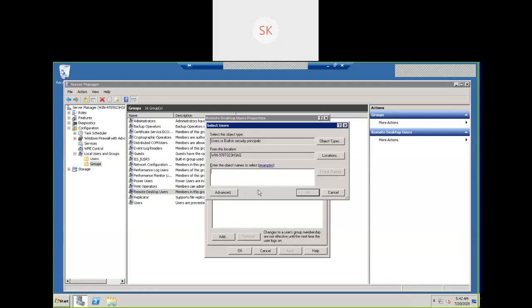See here, location. If you click on location, what locations are going to come into the picture here? Previous server, only one previous server, I got two options. One is local system, the other one is domain system. Now here, it is a standalone system, so I'm not going to get any option, only one option.